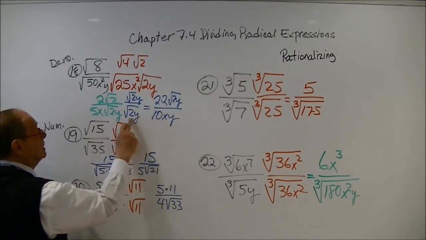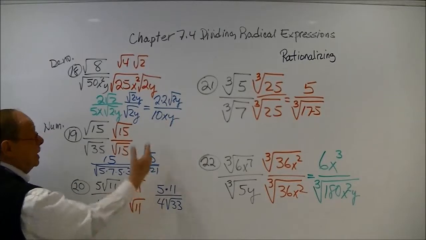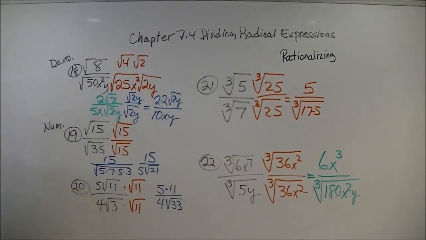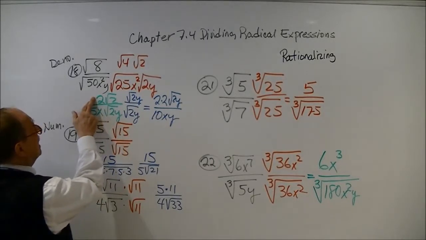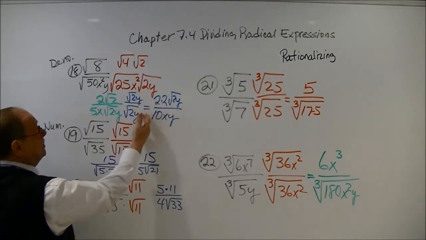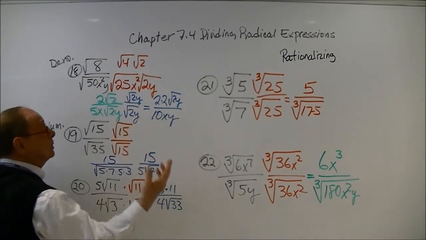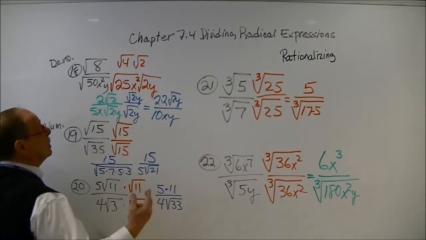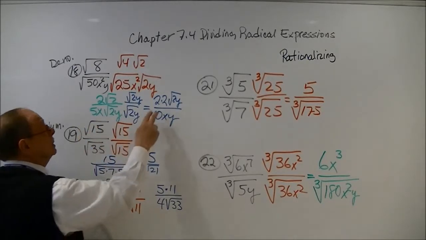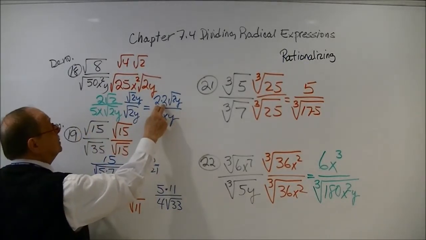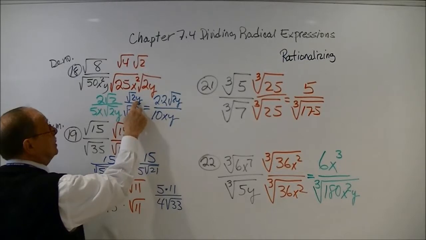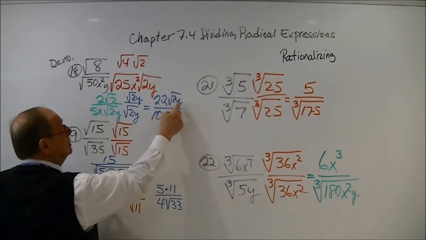There's my x, and there's my y, without the radical sign. And then I multiply my top by the same thing, and I get the square root of 2 times the square root of 2 is the square root of 4. Square root of 4 is 2. So there's where I get that extra 2. And then what's left under the radical sign now is